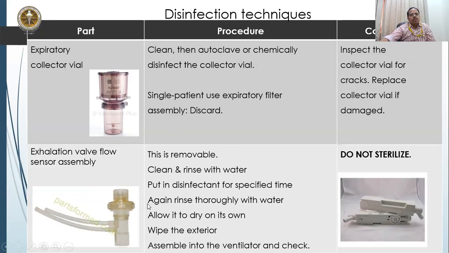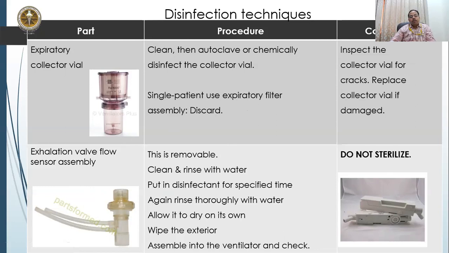These are kind of sensor flow assembly. In some other ventilators, you will see expiratory cassettes. So what you need to do, these expiratory valve flow sensor assembly and cassettes, they should not be autoclaved. Just remember that. So what you need to do is remove them from the ventilator, clean and rinse with water,